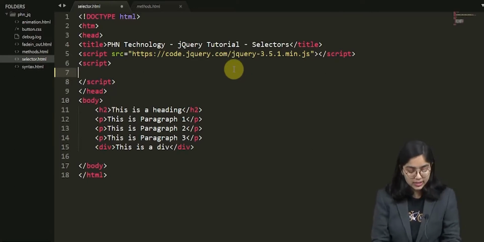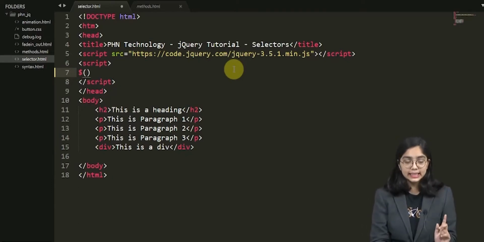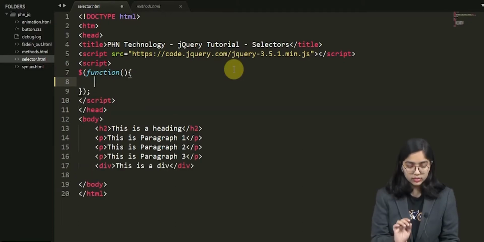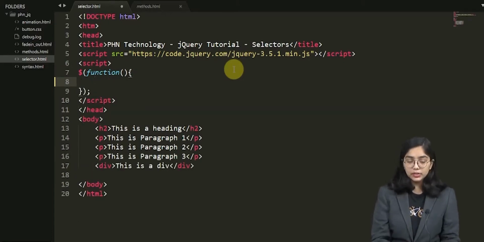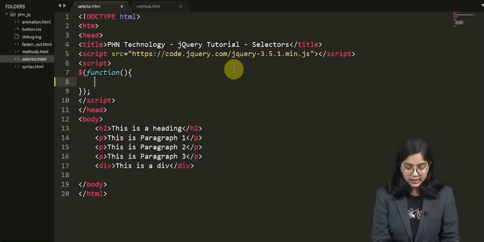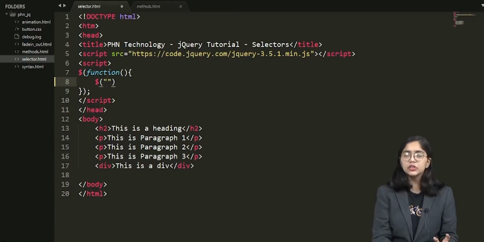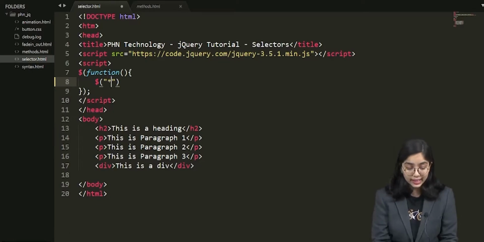So first of all, we'll start with calling the jQuery. The very first important line goes as the $ sign and then the round brackets. Inside this we'll enter function and then curly brackets. After this, we are going to start by selecting the elements. So first with the universal, how am I declaring universal? Is it different? No, it is just like any other. And I'm going to give the property as .css. We have learned about .css.